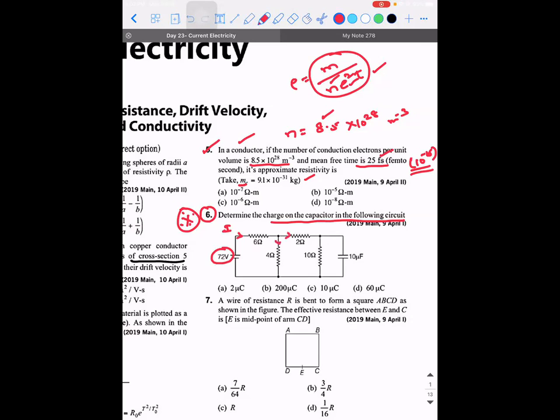And it will go here. You know Kirchhoff's law. So according to Kirchhoff's current law, here let me call it I1, I2, here I3 and I4. Right. So current will be able to pass through what kind of material? Through a conductor. Here, this conductor has 6 ohm resistance, this 4, 2, 10. Now, a capacitor is also a combination of conductors.